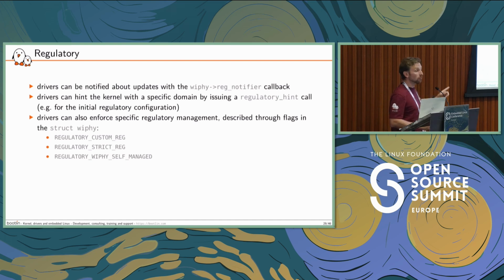You can go further. Maybe your driver somehow is able to guess what should be the current regulatory because it has received the info from the firmware, which is processing beacons from an access point, for example, or because you have an EEPROM containing the information from some previous connections or things like that. So you have this regulatory hint, which allows you to notify the core about what you think should be the current regulatory. And more than that, you can also tune whether the core should be enforcing some regulatory to you, because you cannot comply with any regulatory or because you know that you have stricter regulatory and you don't want those to be overridden by the core wireless system.